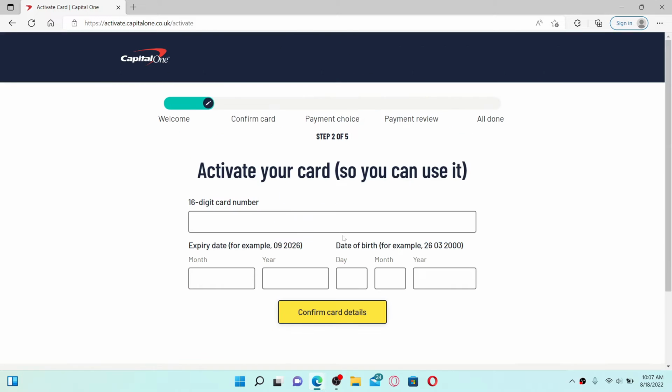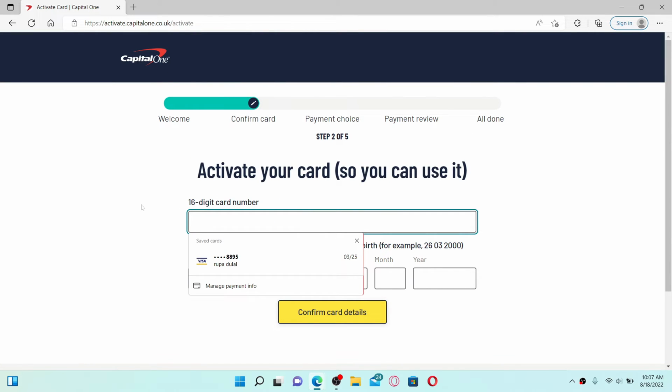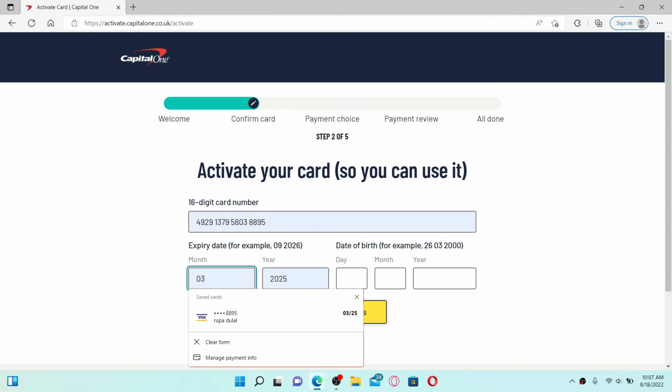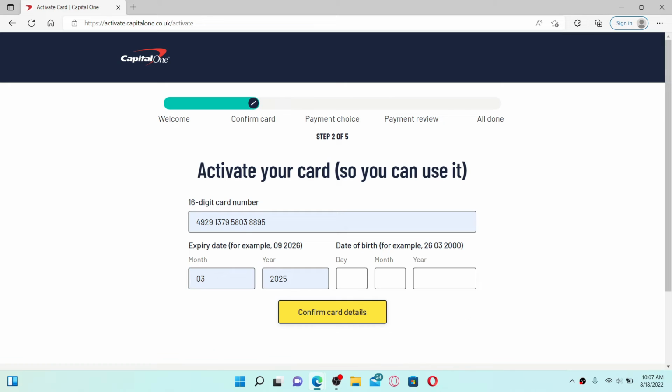Click on the Let's Go button after you are done. On the next page, enter your 16-digit card number available on your Ocean Credit Card and type in the expiry date on the next field. Now, right where it says date of birth, type in your date of birth information as well. Make sure to enter the information that matches the record. Simply go ahead and enter your date of birth correct in the text boxes and finally, click on Confirm Card